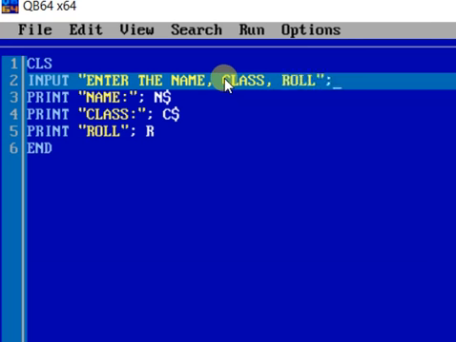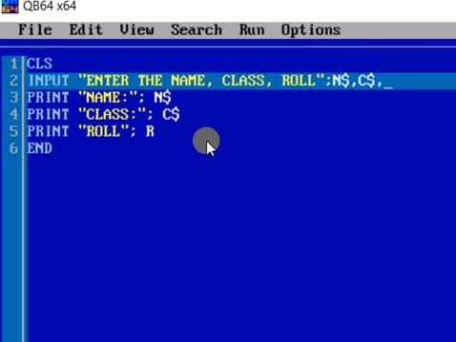But one thing is that the sequence of the variables should match with the name, class and roll. As I have asked the name first, I will put $N first, then separated by comma. Class is second, so $C will be second in the sequence.